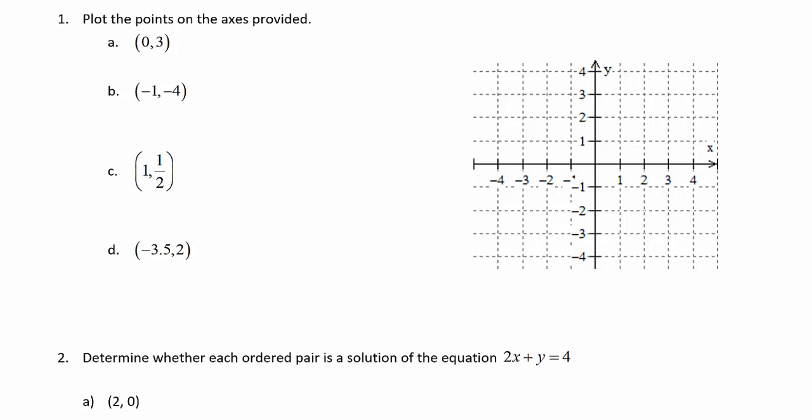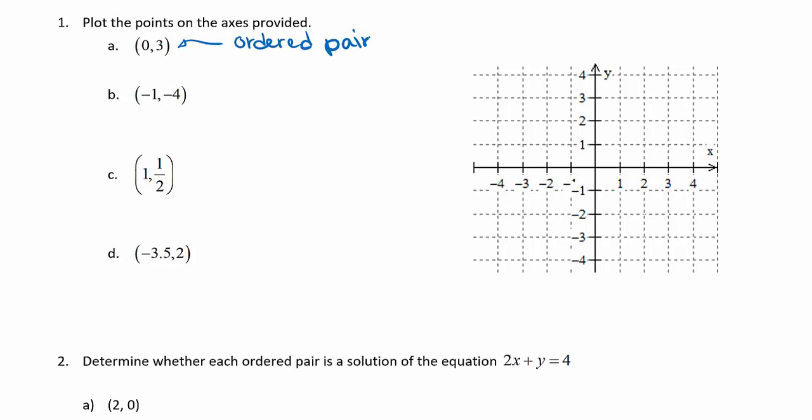And that's what I have drawn to the right of the screen. This is how we're going to plot information with two variables. The horizontal axis is the x-axis, the vertical axis is the y-axis. And then the idea is we can plot information in this coordinate system. For example, if we look at point 1a,